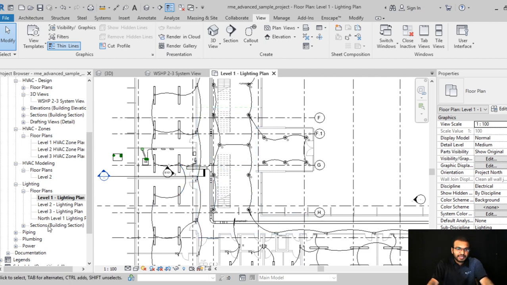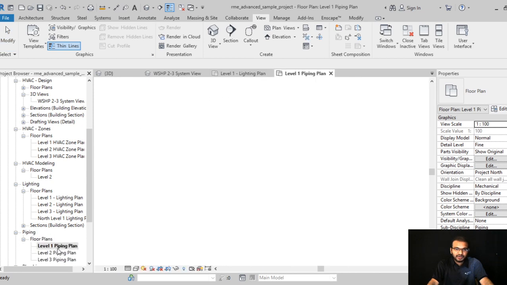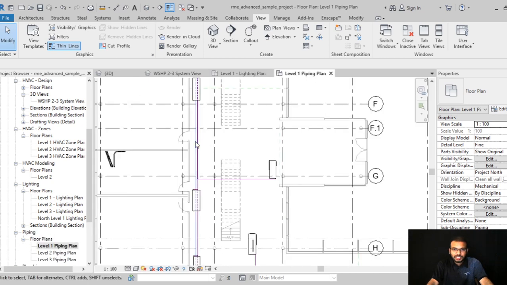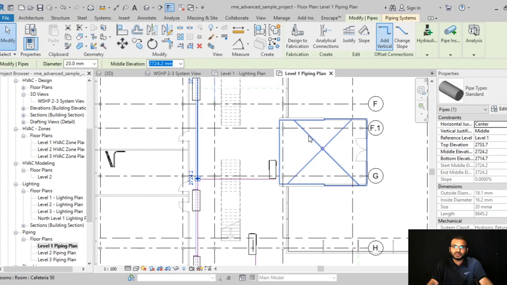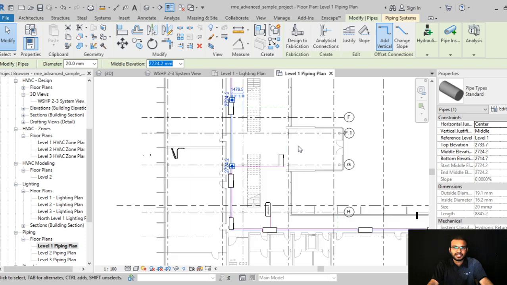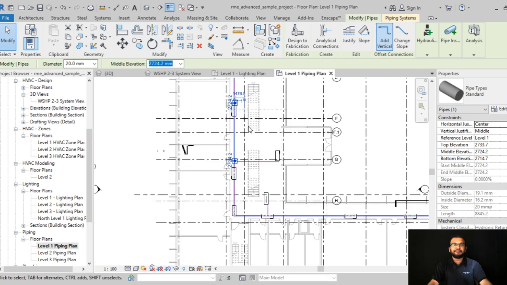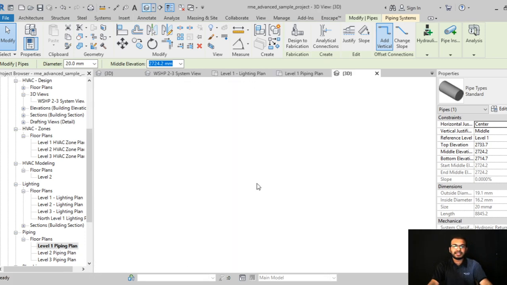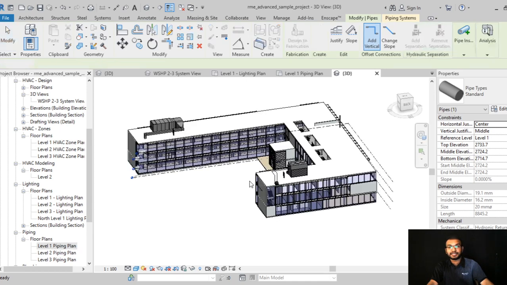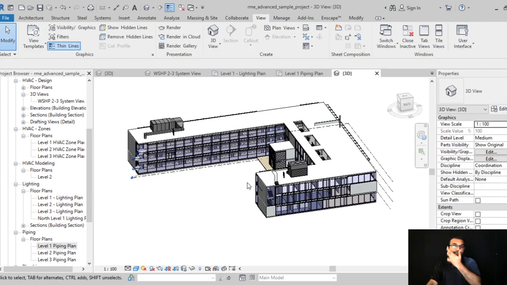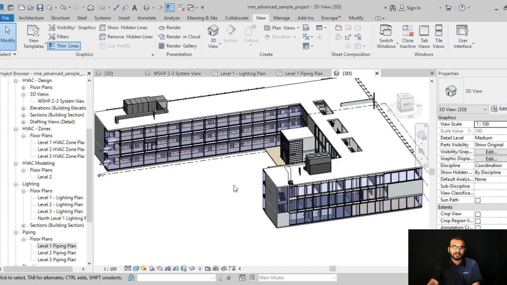In the same way, if you go to the piping area, how the pipe is passed through your drawing is also mentioned there, which means each and every discipline is properly maintained using your Revit model, which is only possible using this Revit concept.